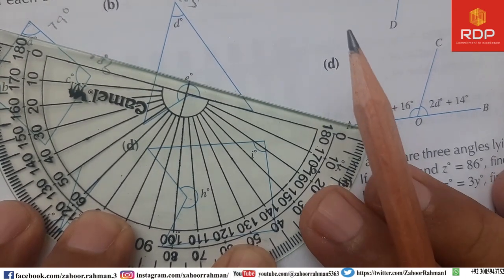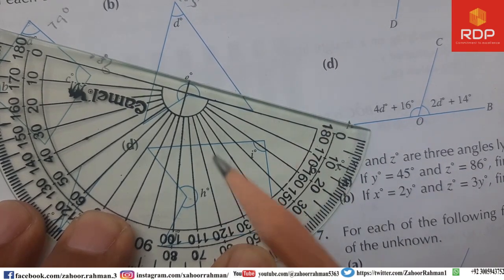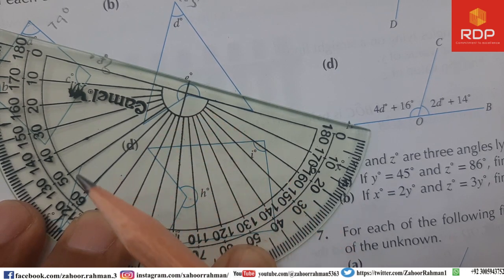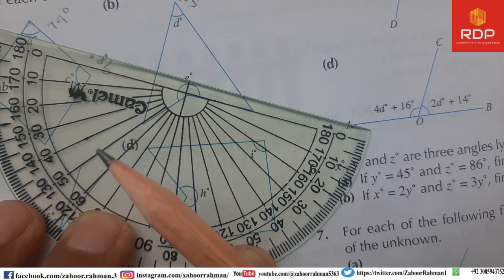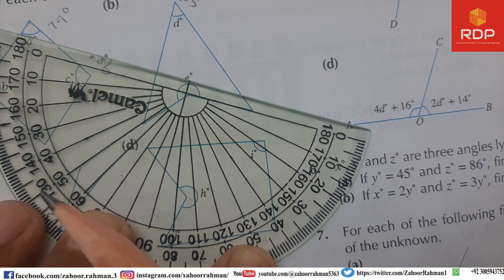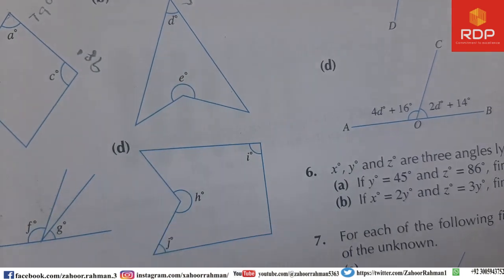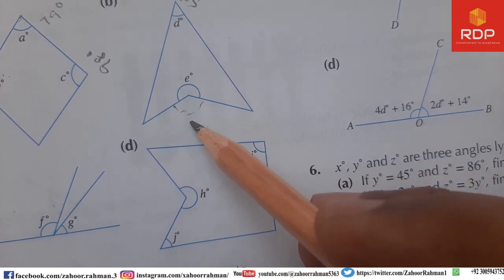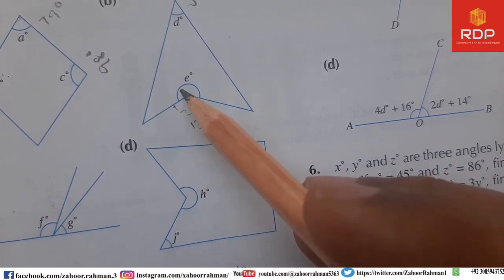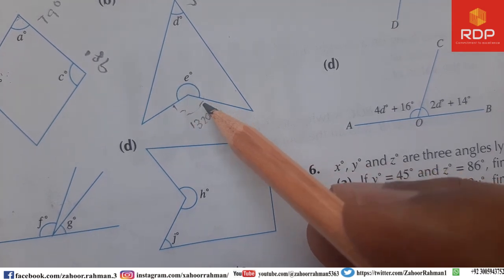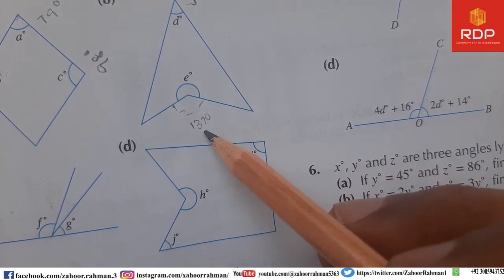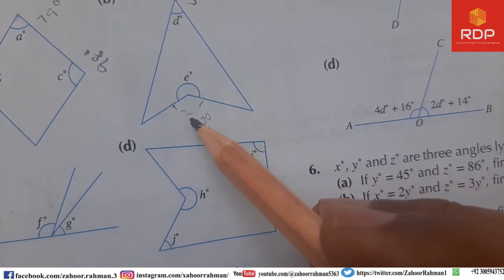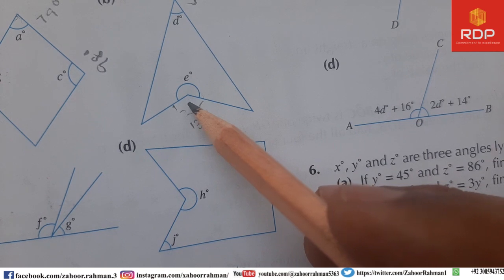Okay, ladies and gentlemen, we are finding this angle. If you see, this angle is a little bit above the 132. This angle is 132, and we have to find this angle. So we have to subtract this 132 angle from 360 degrees,